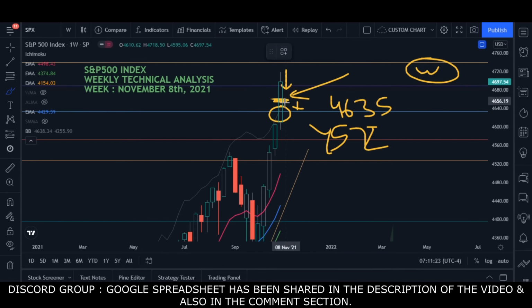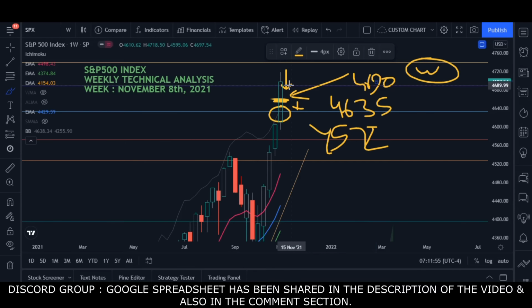Thereafter we have a strong confluence zone, and other than that, we have a trend line waiting for the market. When the market comes down, we also have the moving averages and a lot of things. If the market moves up, there was a strong resistance at 4690. This was one of the reasons why I bought puts. I showed you the 168% profit.